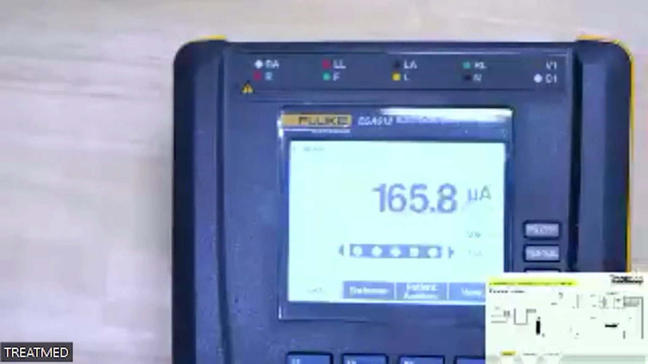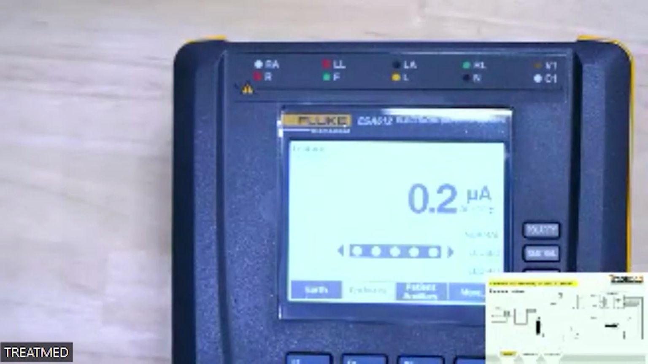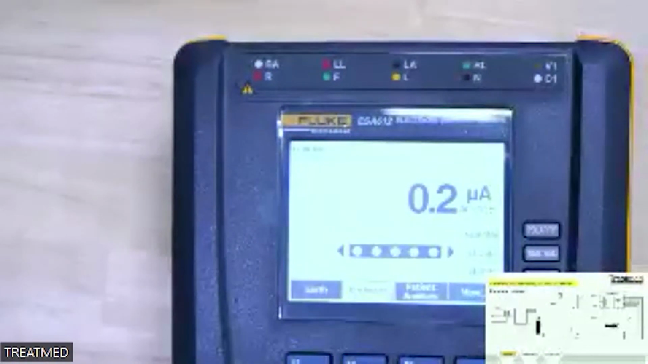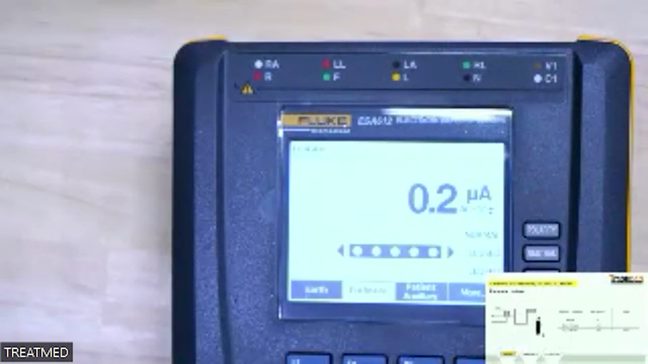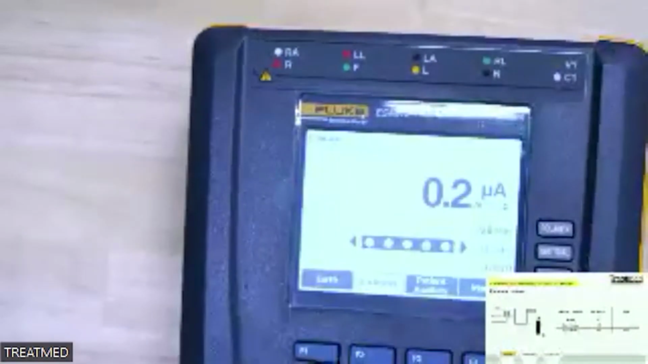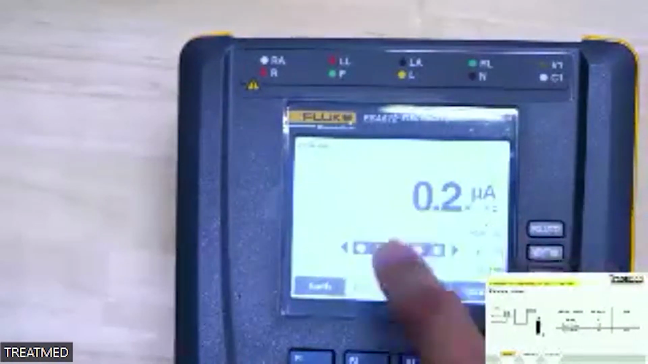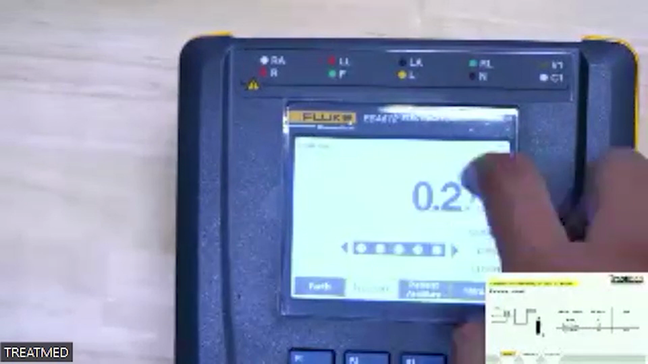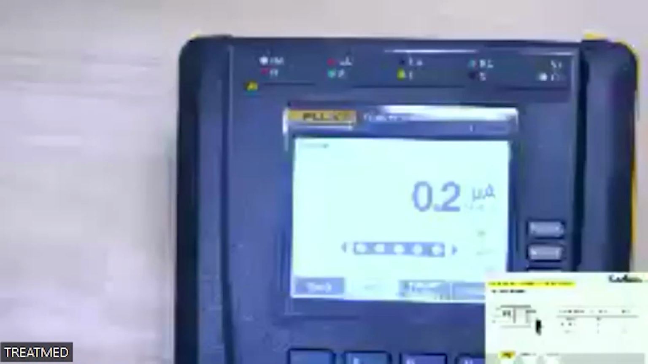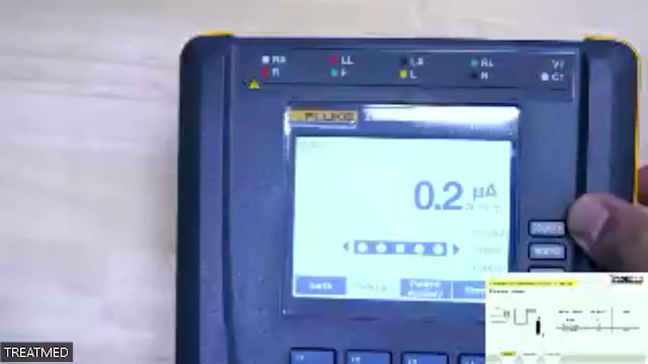And select the enclosure. This is the leakage current from the medical device. This value is 0.2 microamp, and this condition is NC. NC is the normal condition. The normal condition is the polarity normal,